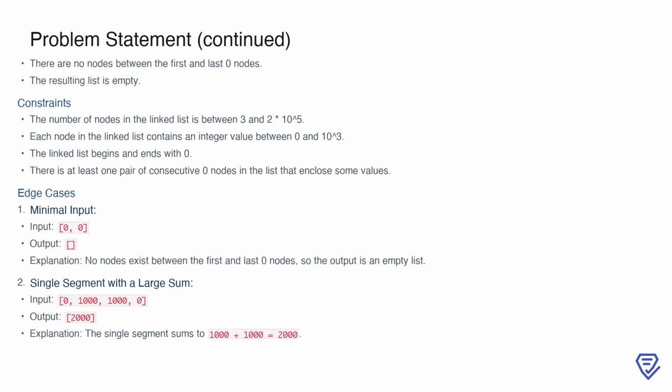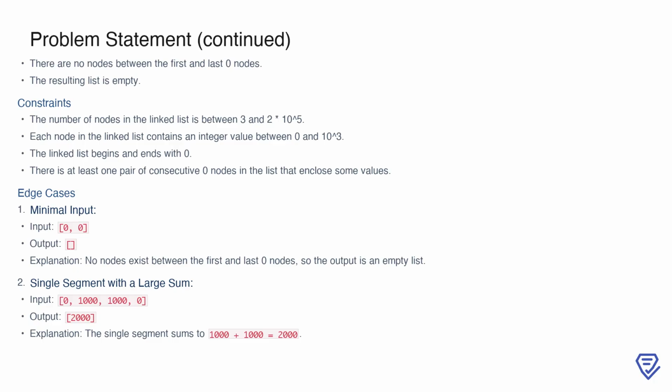This brings us to some important details about the constraints of the problem. First, the linked list will always begin and end with a 0, and it will contain at least one pair of consecutive 0 nodes enclosing some values. The number of nodes in the linked list ranges from 3 to 200,000, and each node's value falls between 0 and 10 cubed. For minimal input, such as 0, 0, the output is an empty list because there are no